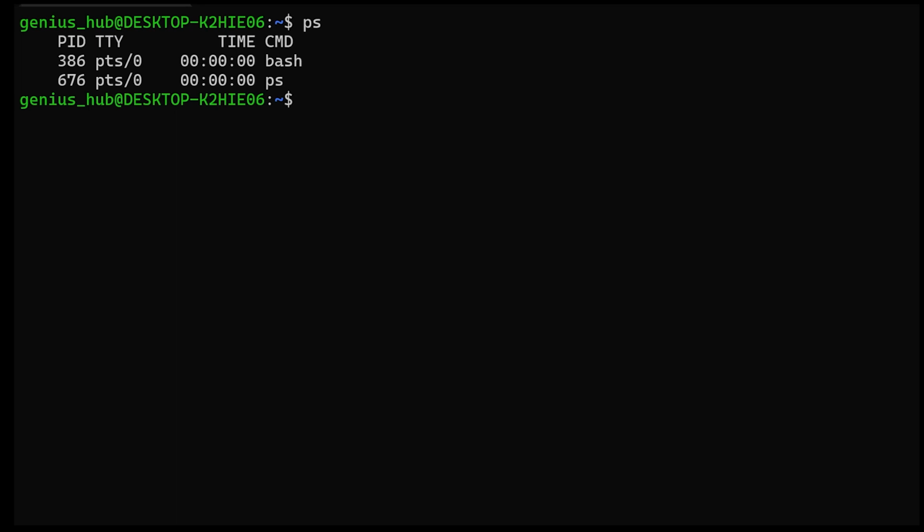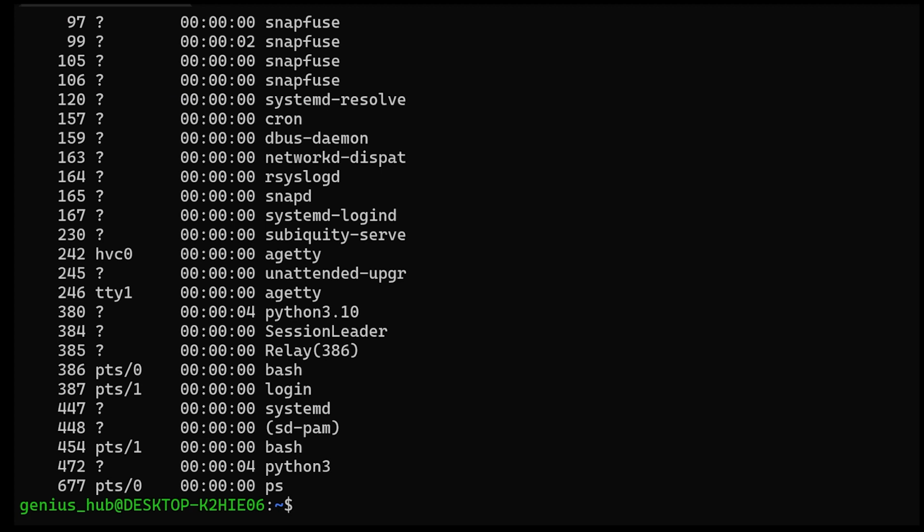For instance, by default, the PS command doesn't include background applications in its output. To display every process, we need to use the PS command followed by the E option, where the lowercase e stands for everything. Options, like the one we're examining here, typically start with a single hyphen. This symbol denotes that we're specifying an option and not an argument. Let's give it a try. Awesome! The list of processes now features many more applications.